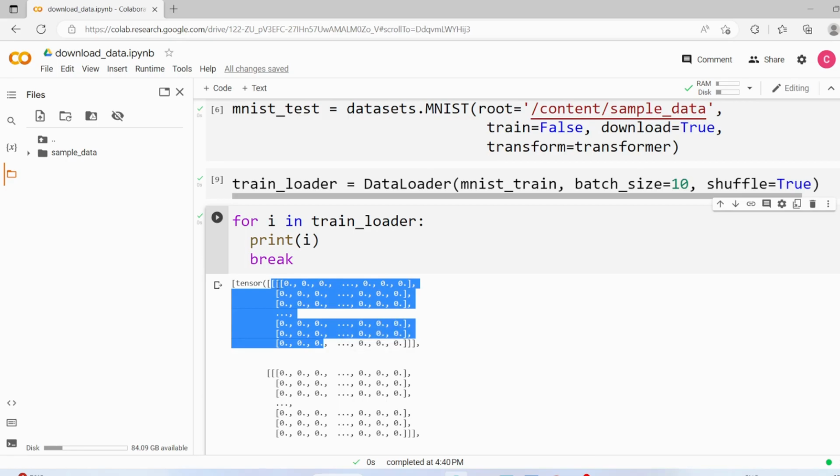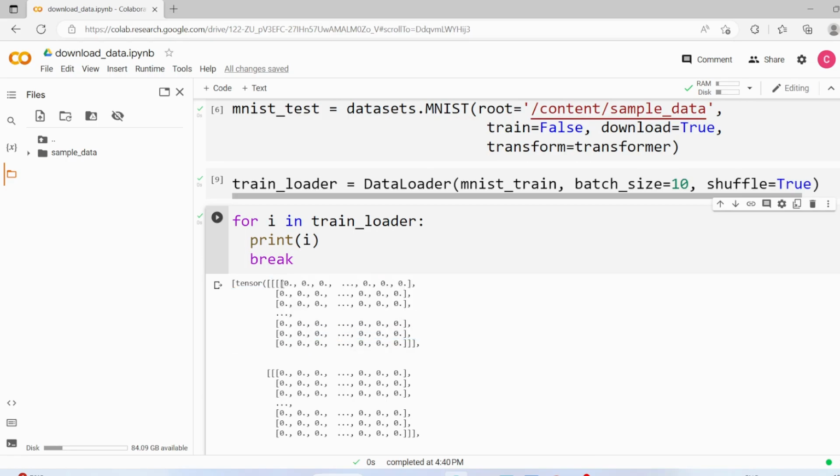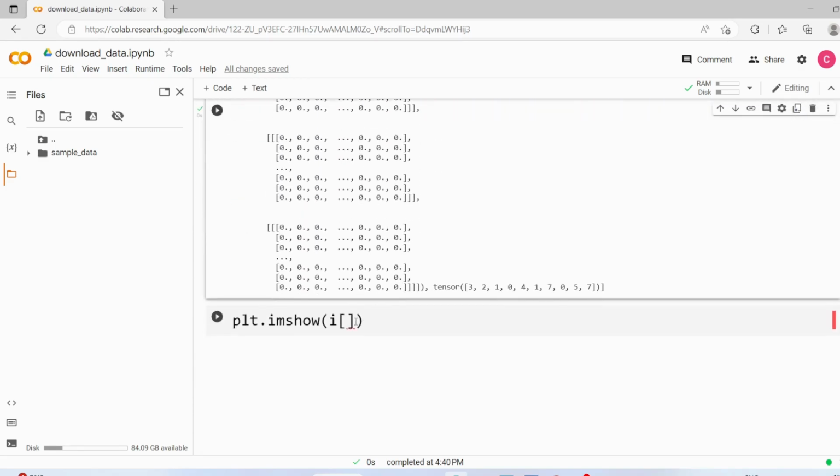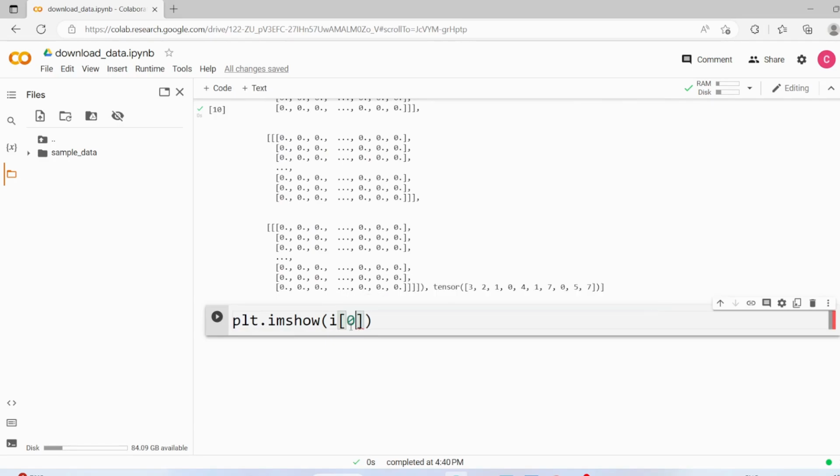So I need to get the first record, this one. I will use the first index to get the first list, and then again from the first batch I will get the first record. Then I need to change the view so that we can transform it into 28 by 28, and finally you can see the output.